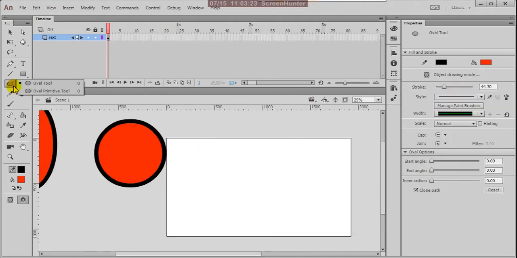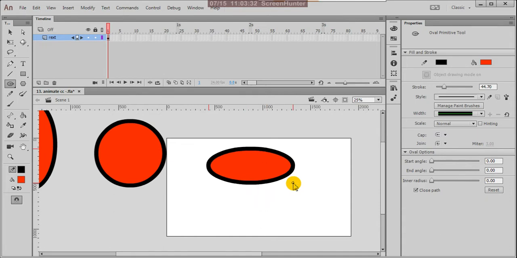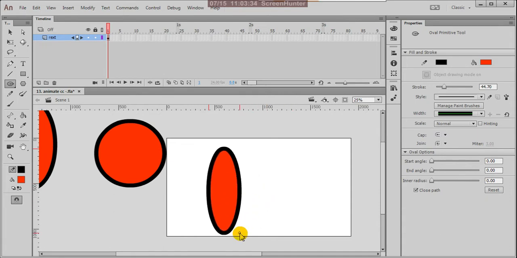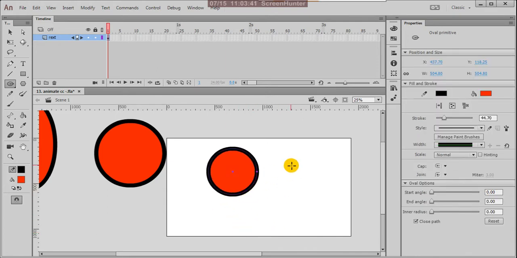Inside we have another tool, the oval primitive tool. This is also the same. Suppose you draw horizontally oval shapes, you draw vertically oval shapes, or by pressing shift you will get proper circles.